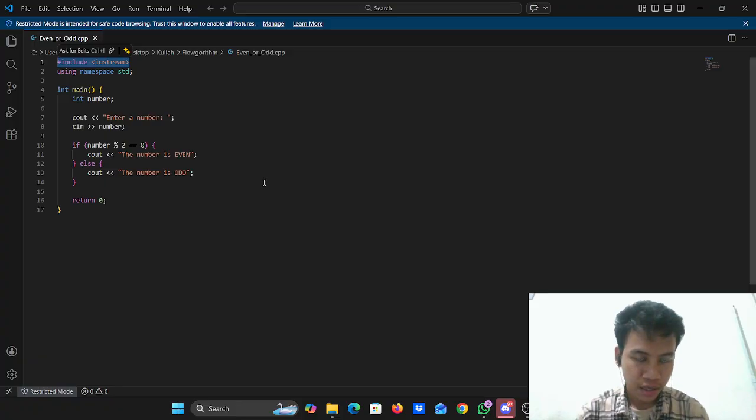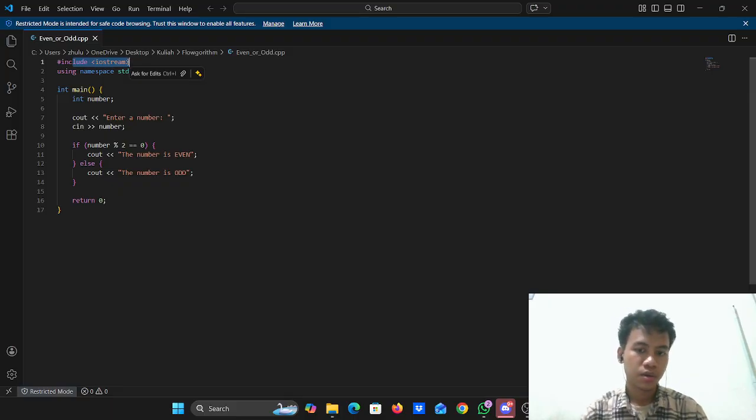This line tells the compiler to include the input-output stream library. This library allows the program to use cout and cin. Without this library, the program cannot perform basic input or output operations.